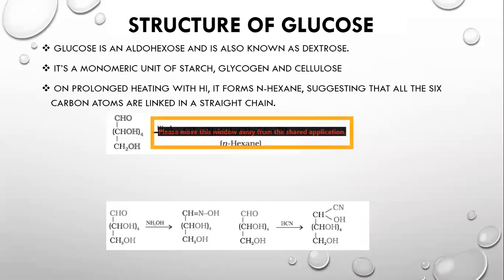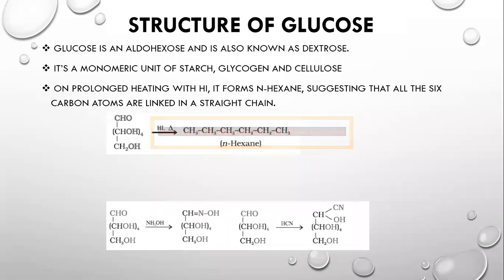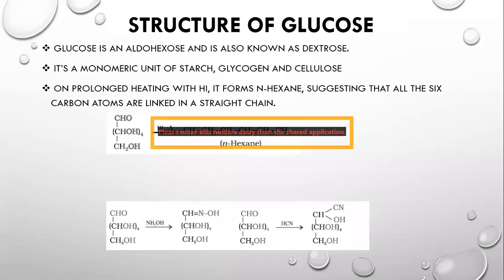We need to satisfy the valency of your carbon. So for the first carbon, we are adding 3 hydrogens, that is H3. For the second one, 1, third one, 1, fourth one, 1, fifth one, 1, sixth one, 1, seventh one, 1, eighth one, 1. Can you count the number: 1, 2, 3, 4, 5, 6, 7, 8, 9, 10. So if H is equal to 10, it should be n-octane.